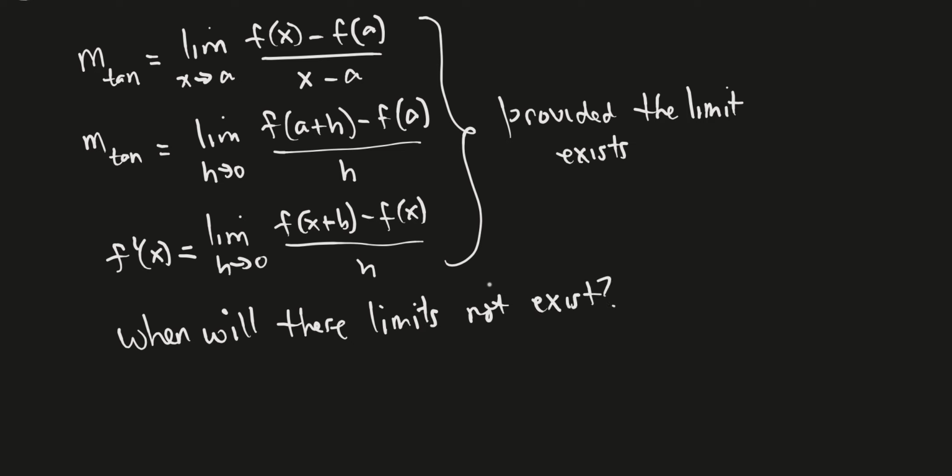And we could take a very theoretical approach, but similar to what we did for continuity in terms of identifying the types of discontinuity, now we're going to take a graphical approach and say, well, what will it look like on the graph of a function if the limit does not exist? So the short answer to this question, when will these limits not exist, would be